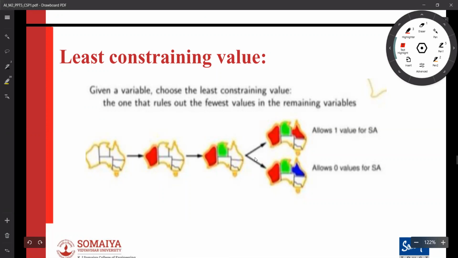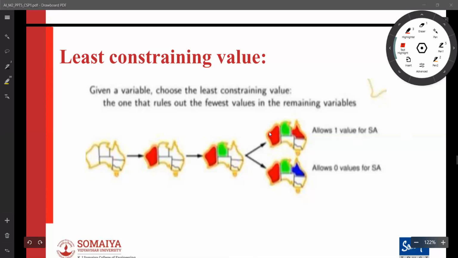Suppose we have to assign Queensland, and there are two options: we can assign red or we can assign blue. But as soon as we assign blue, there is no value left for South Australia, so zero values remain for South Australia. But if we assign red, then there is one value left for South Australia. That's why we prefer this value.